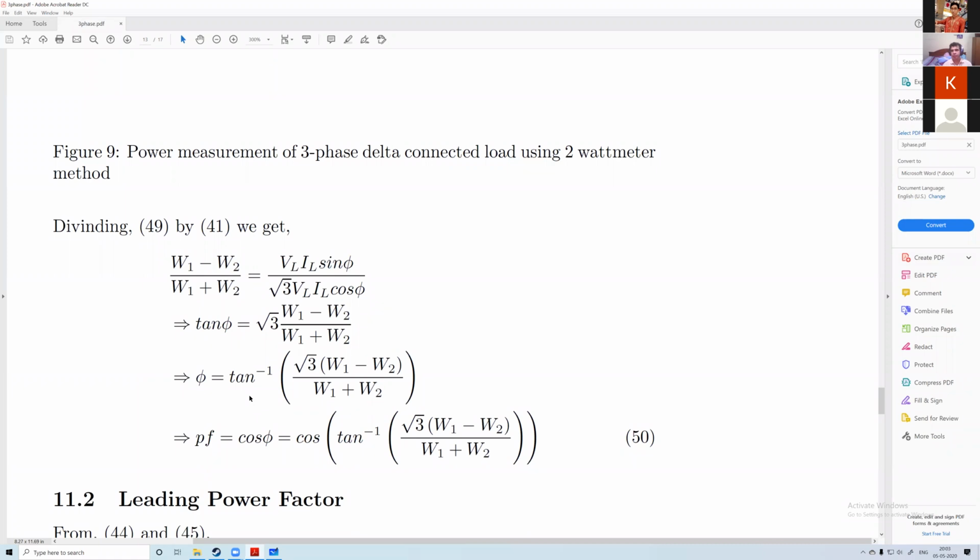So equation 50 is okay for everyone. Equation 50 is okay. Okay, Orkodeep, anybody else? Orkodeep and Amit are constantly answering. I would like to see some response from other people. Except these two. Okay. Anybody else? Thank you, Ishika. Anybody else? Equation 50. Any questions? How to find the power factor?